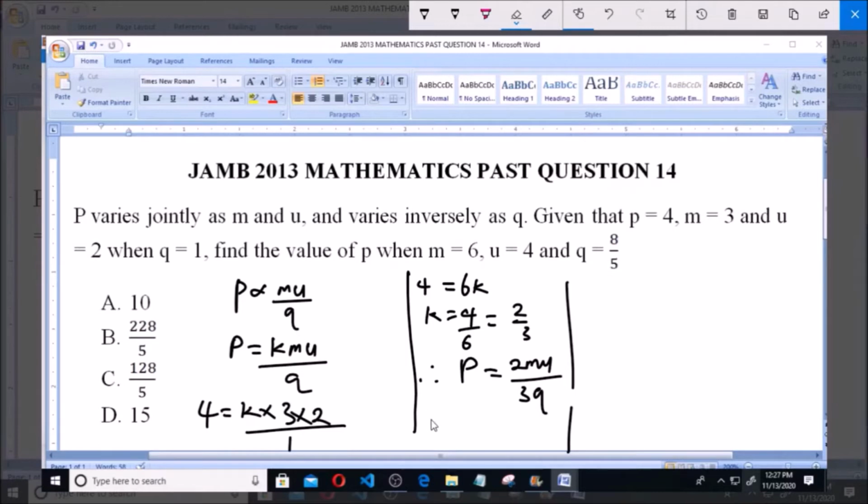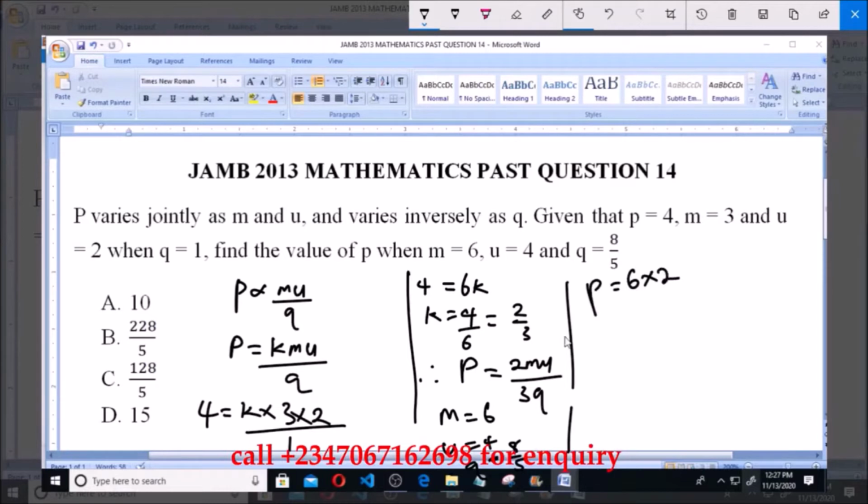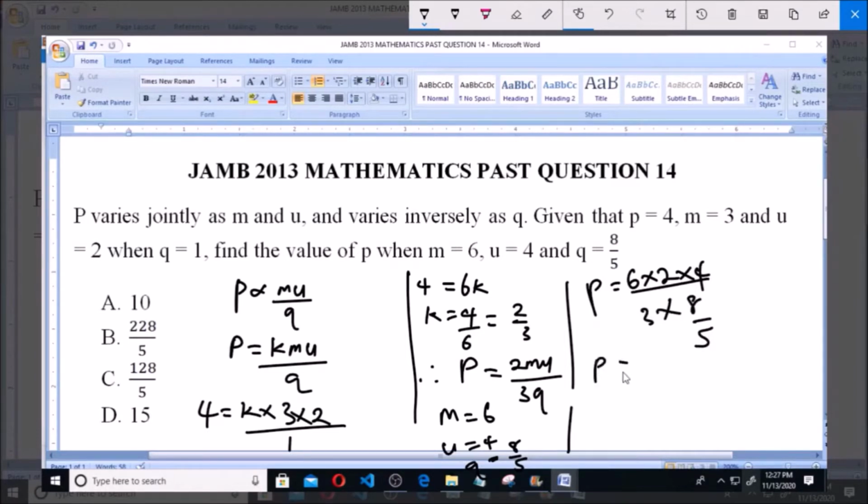That means we should find P when M is equal to 6, U equals 4, and Q equals 8 over 5. So P is equal to 6 times 2, which is the K. This 6 here is for the M, then times 4, which is the U, all over 3 multiplied by 8 over 5, which is this Q. So from here we can say that P is equal to, now 6 times 2 will give us